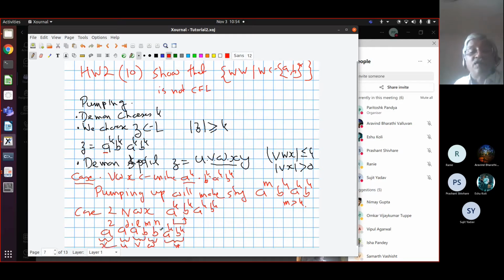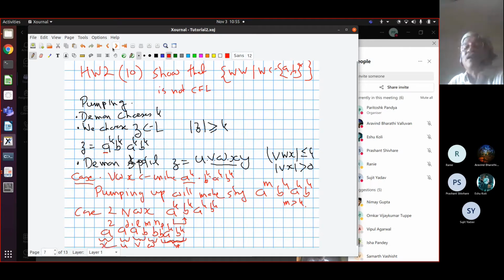Oh, it need not finish here. So there may be some other B's also. So this is my Y. Okay. So I've got in this UVW part some A raised to J followed by A raised to L, B raised to M in the V part, and the W part consists of some B raised to N, and then the remaining string is here. So now you can see by pumping this part again you will get a string which is not in this language. Okay. So you can argue like this and you can finish the argument.